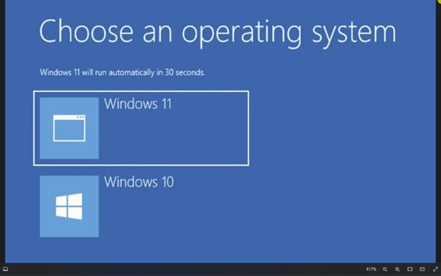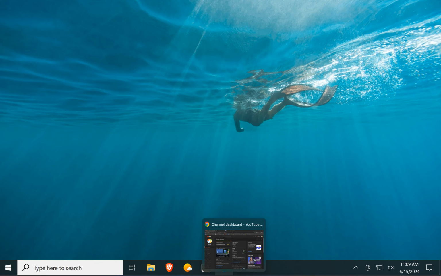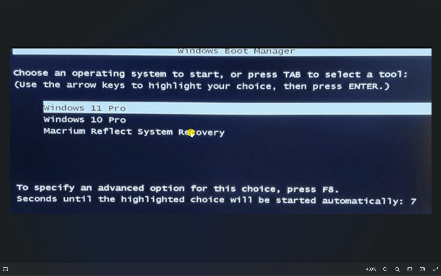On the other hand, this one text-based multi-boot menu presents options in a straightforward text format, which is basically the usual Windows operating setup. Users can navigate through these menus using the keyboard, usually with arrow keys, to